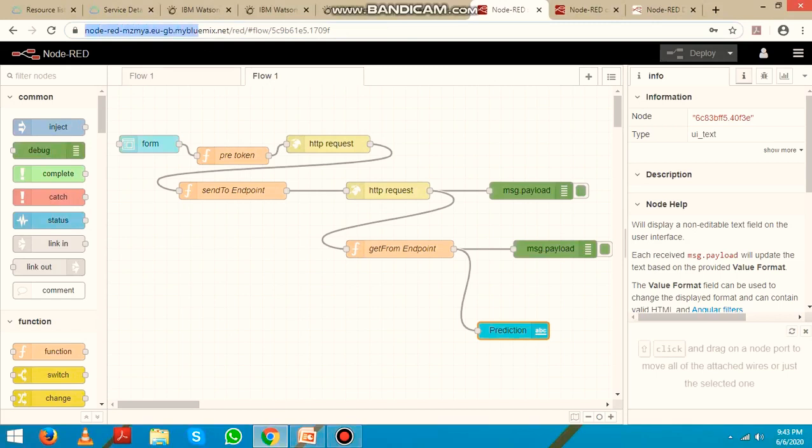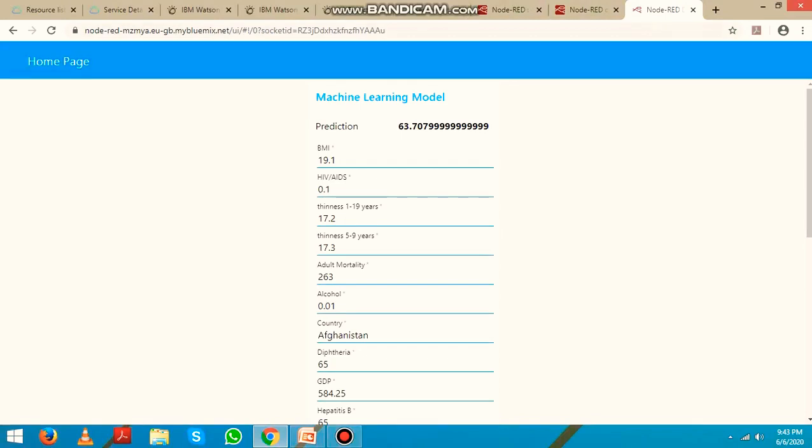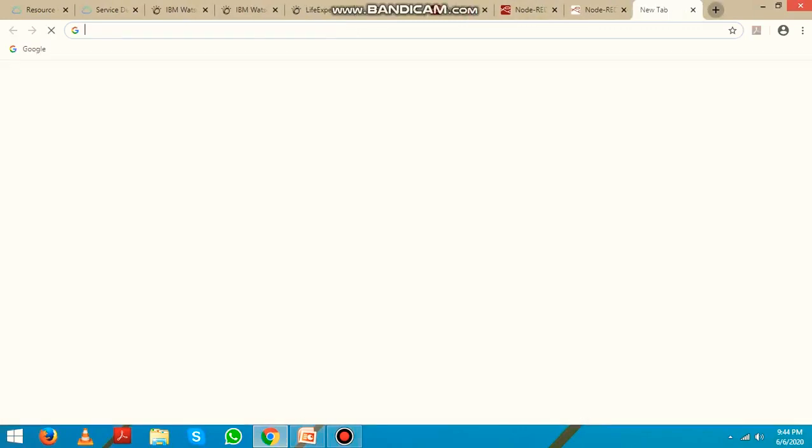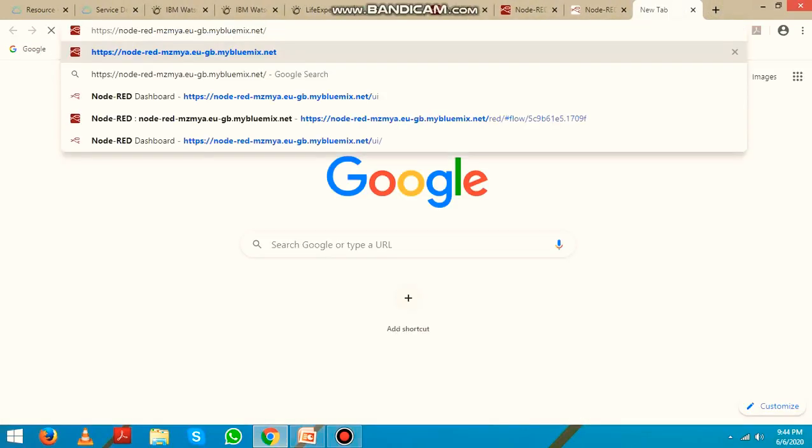Just copy the URL and open a new tab. Yeah, this is my old tab which I have got over here. Now let me do it for you. Copy the whole thing, then paste it over here, /UI/.